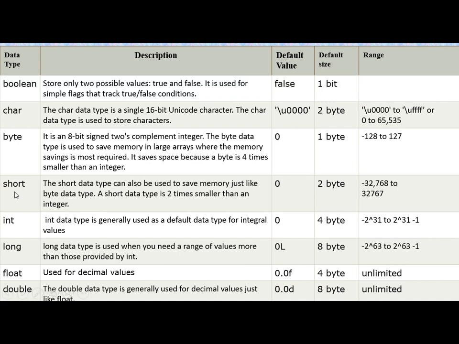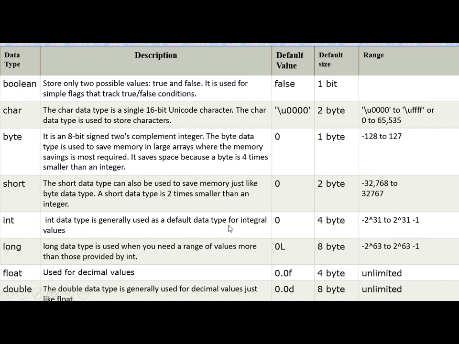Then here we have short. This is used whenever you are storing any integer kind of data, but this occupies less space in memory. Here you can see that this is 2 times smaller than an integer. So whenever you want to save memory, you can use this short data type. Then we have int.